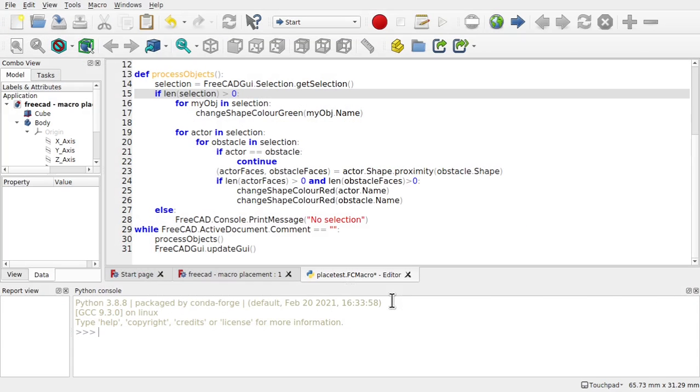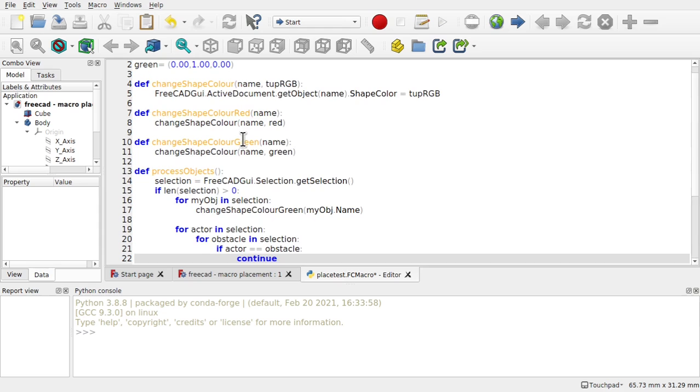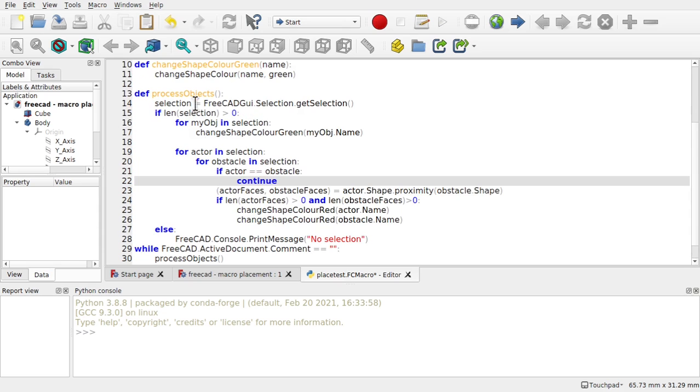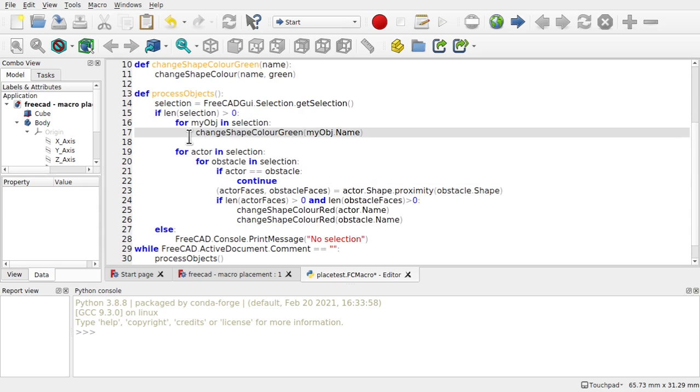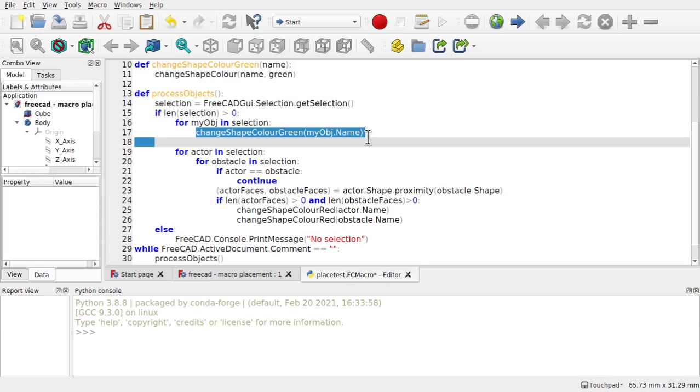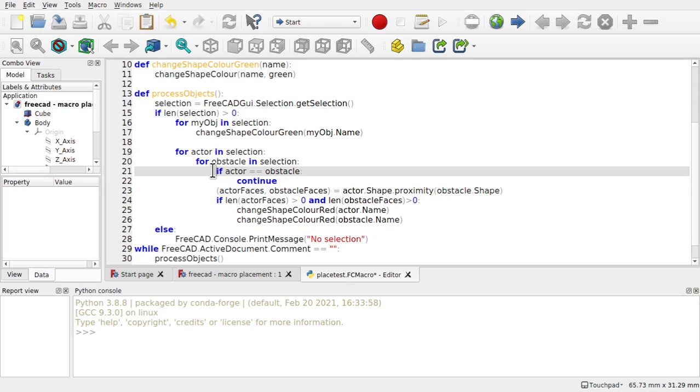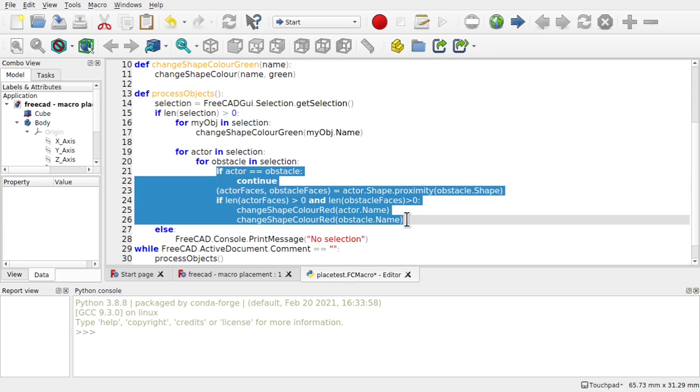So we have our code in front of us here, and from our last lesson we looked at functions and refactoring and also the while loop. So this while loop now allows us to take the objects on screen, select them, and it will automatically detect if they are in collision. We're going to change this now because at the moment we have some code in here that goes through and changes everything you've selected to green first. It then goes through another for loop, which is a nested for, and changes the ones that have collided to